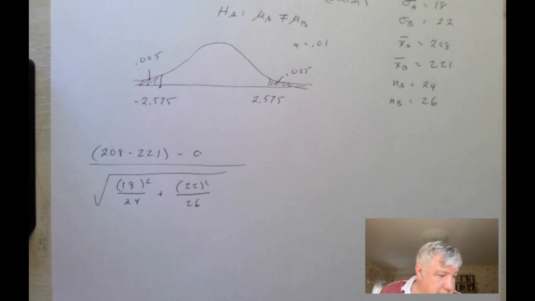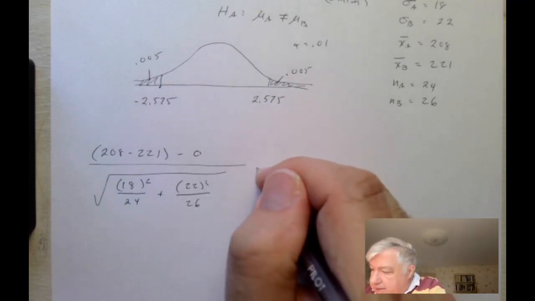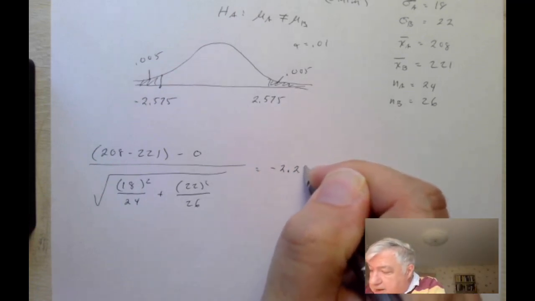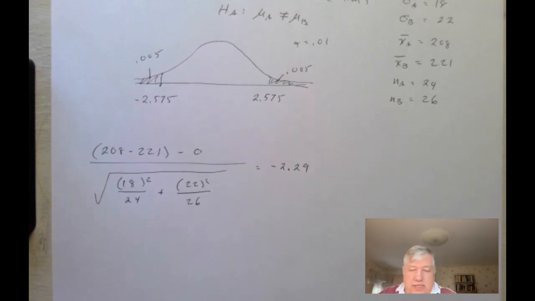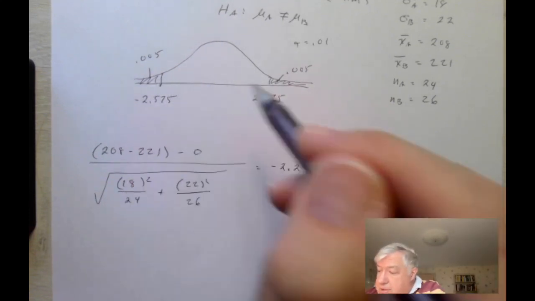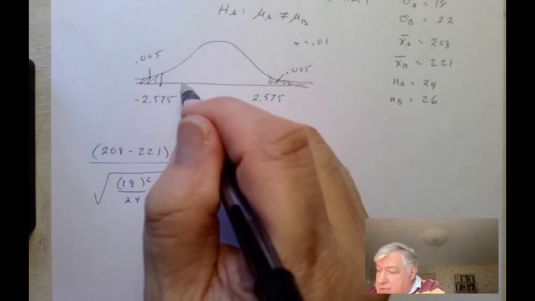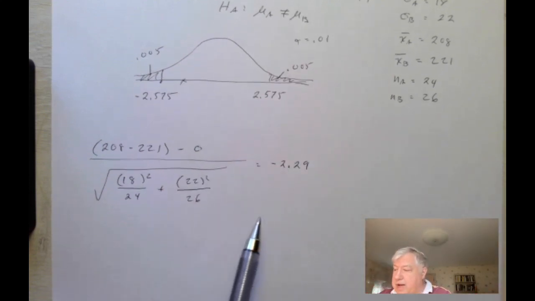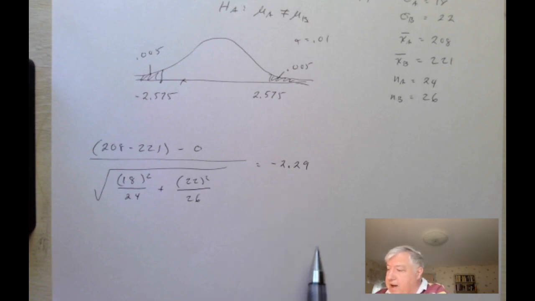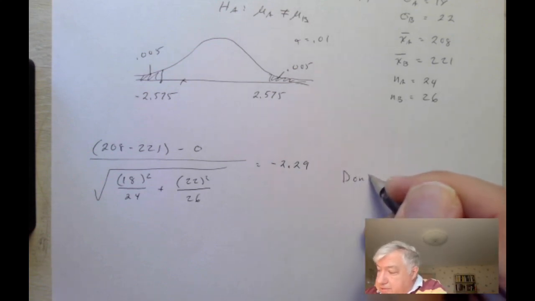Okay, we compute that. We get a negative number. We get negative 2.29. And while that's close, it's not quite close enough, right? It's not less than negative 2.575. So we don't reject